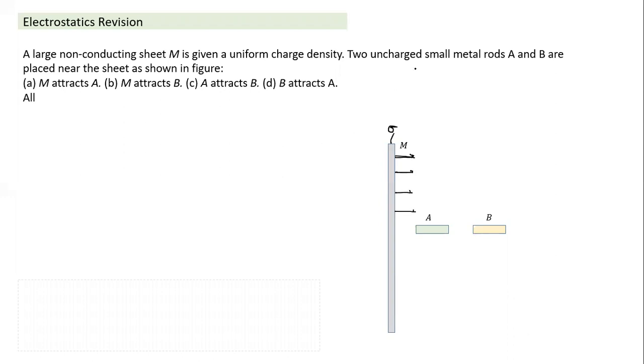And if we bring two uncharged small metal rods A and B close to this, what happens here? And this we have seen earlier also. In the case of a metal rod, it has free electrons. If the field is towards the right, the free electrons will experience a force towards the left. So electrons will come and accumulate here. And if electrons move from a region, they leave behind net positive charge. So there will be induced charge like this.